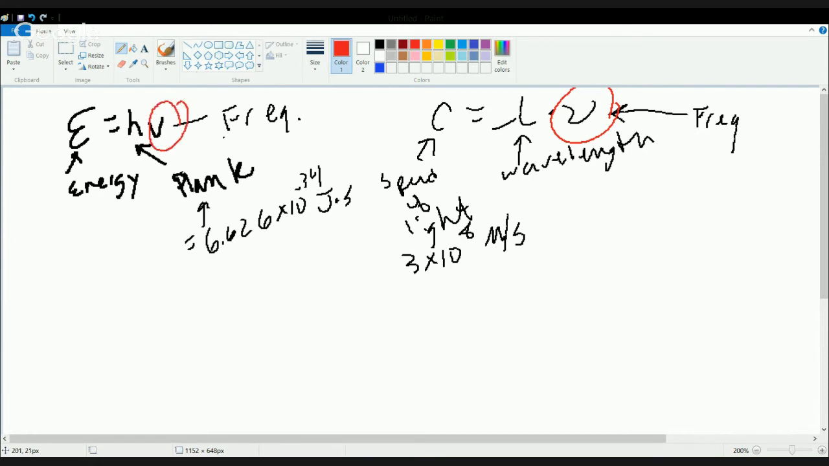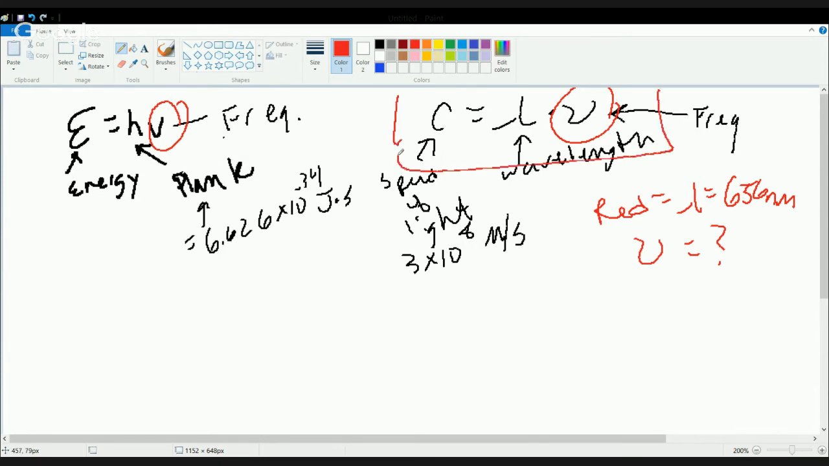So really you just have to decide, what do they give me and what do I want to find? Like if they tell you, you have red light, and red light has a wavelength of 656 nanometers, and it's asking you what's the frequency. Well, if I have wavelength and I want to find frequency, then I'm going to have to use this equation on the right here, where C, or 3 times 10 to the 8th, is equal to the wavelength, 656